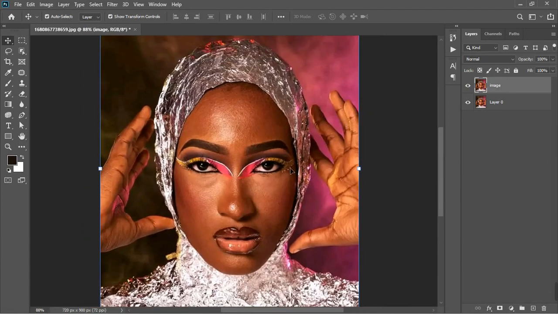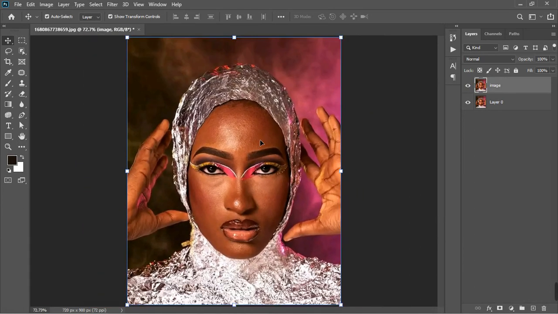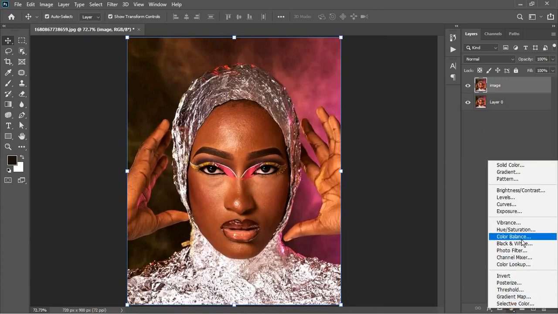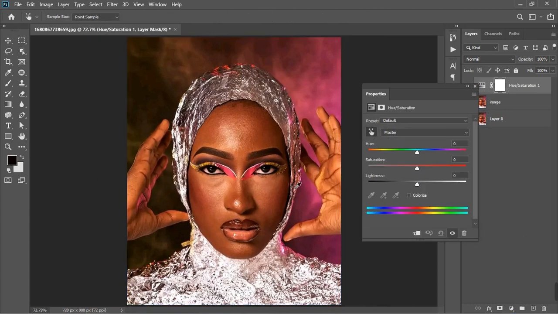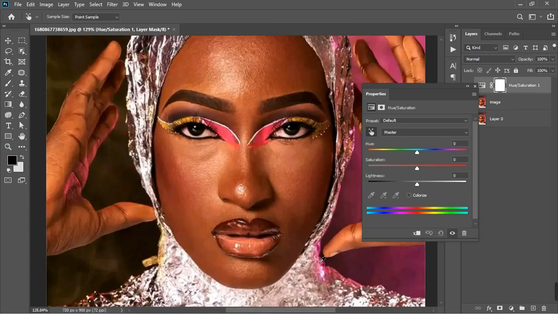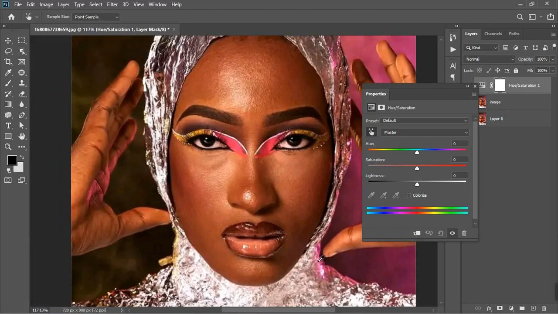Okay, so now we're going to work on the exposure, but before the exposure, let's work on the color. The most common method we normally use is the Hue/Saturation adjustment layer. I'm going to pick the hand tool, and I'm going to select a place I want to correct. This time around, I'm going to select the brighter side. We all know this is the part where she actually has makeup, but I'm going to choose the top,